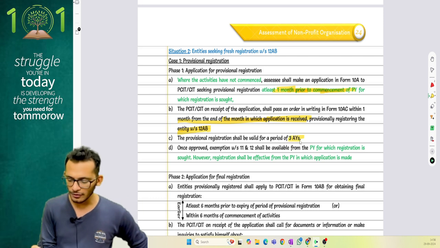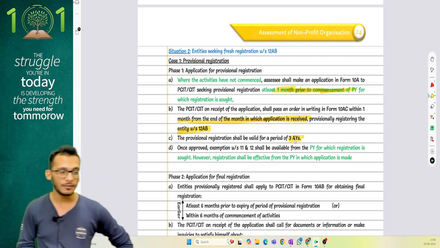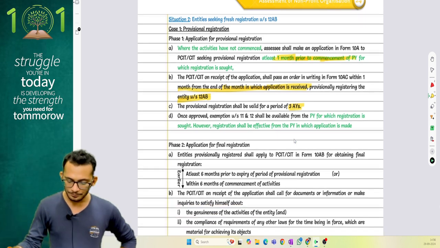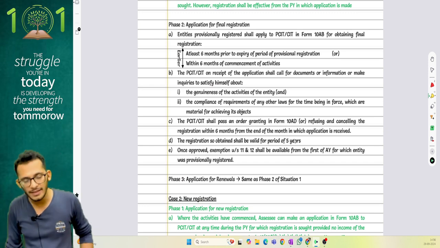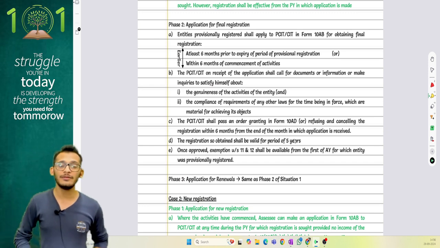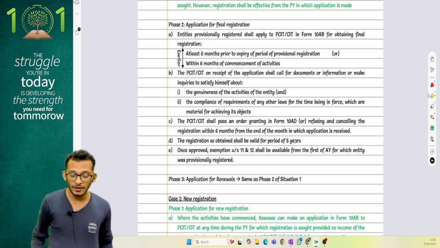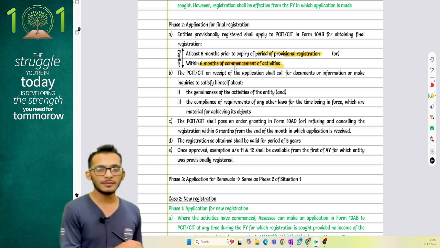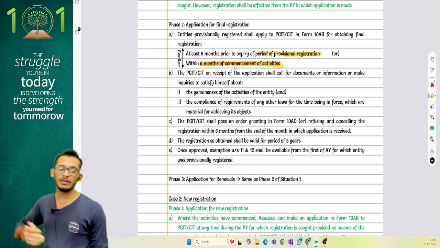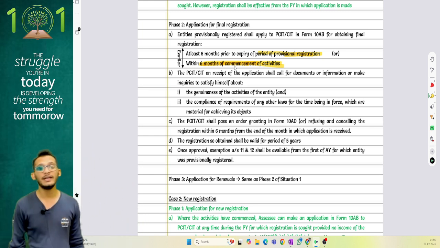Which will then be valid for a period of 3 years. Yes. After you get a provisional registration, you will have to go back to the officer and tell him that, sir, I had a provisional registration which was granting me an exemption, but within 6 months prior to the expiry of the provisional registration or within 6 months of commencement of activities, I'll have to go back to the officer and inform him that, sir, now I would need a final registration